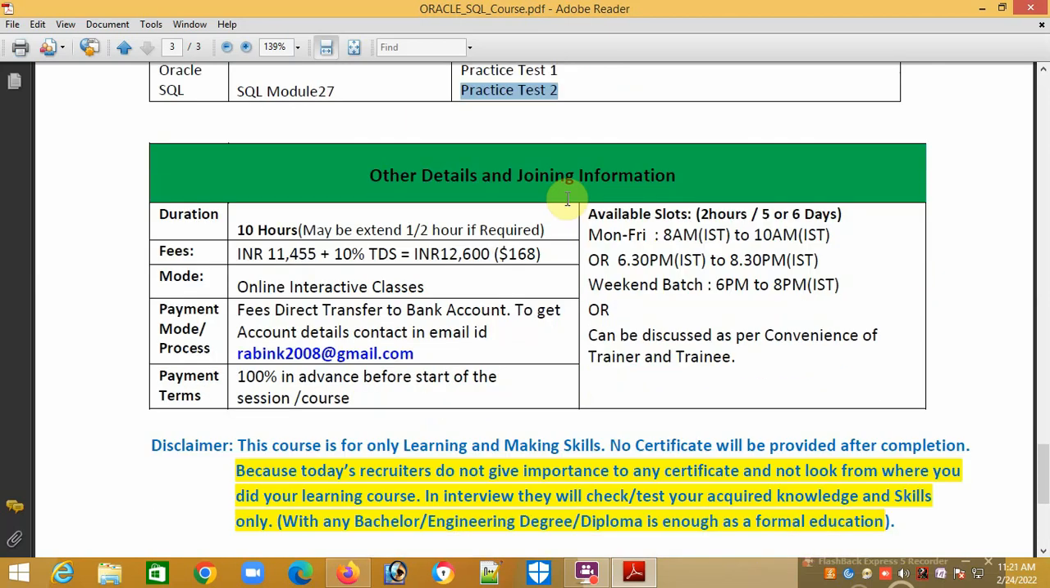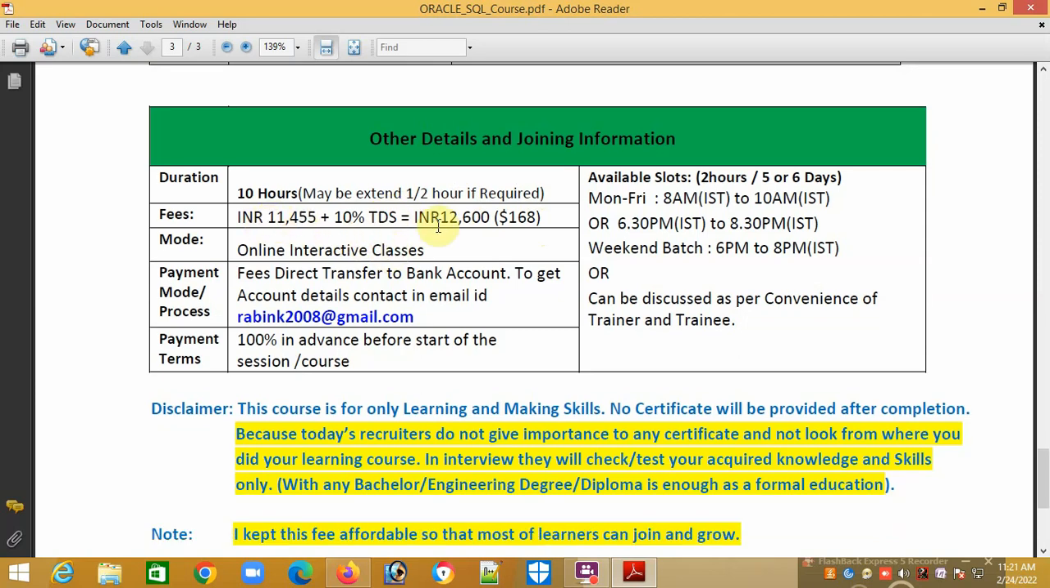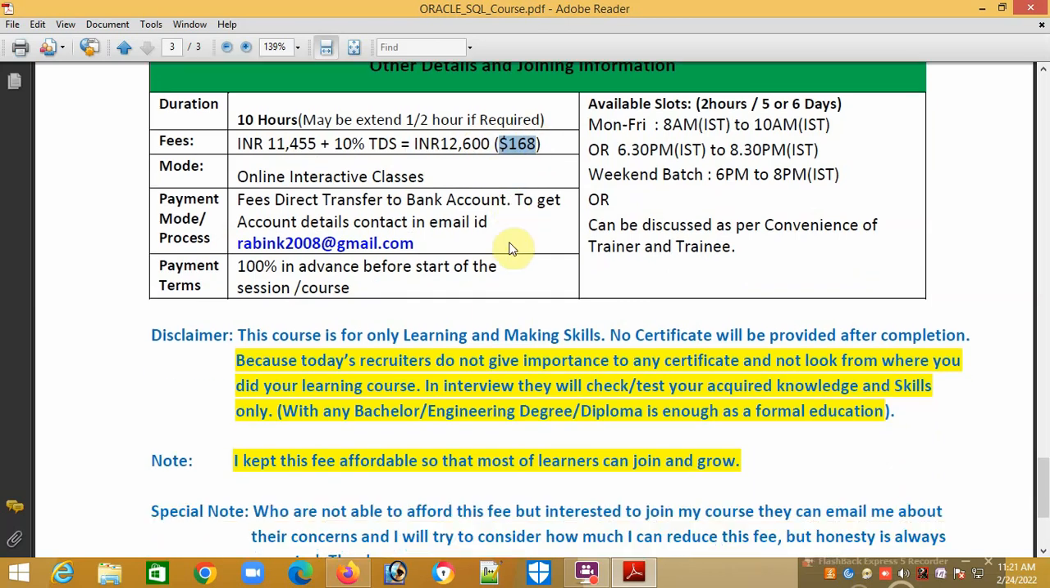Now coming to other details and joining information, the duration is 10 hours. It may be extended 1-2 hours more if required, and the fees are a total of INR 12,600, which comes to $168 as per today's market. The mode is an online interactive course. The payment process is direct. You have to pay